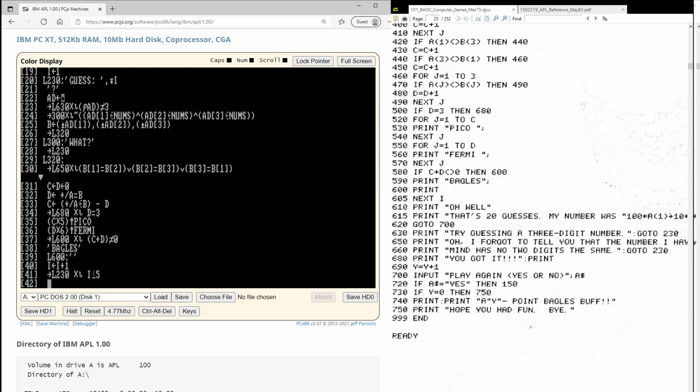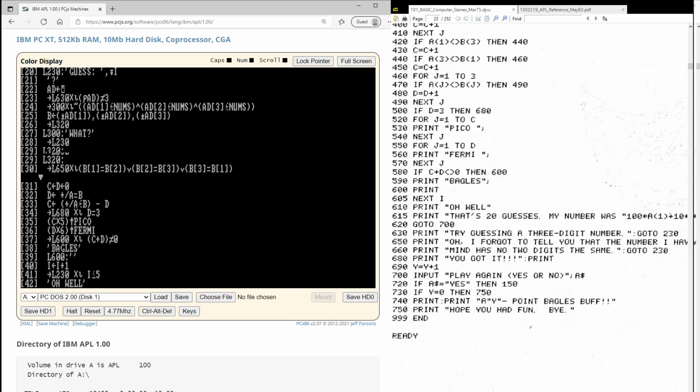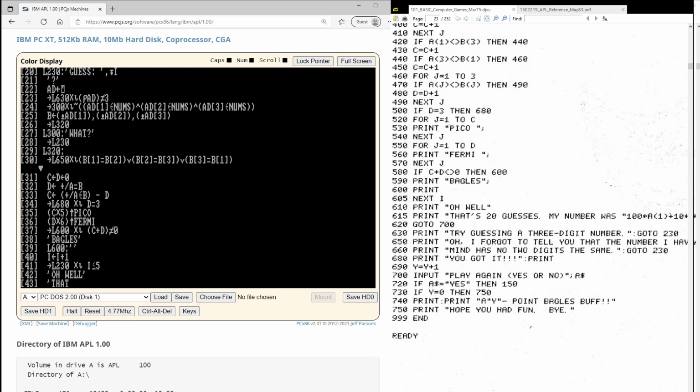Okay. Now the next line is if they've used up all their guesses, we're going to print, oh well, that's 20 guesses, and then we tell them the number. So we'll print, oh well, that's, now to include a quote as part of your character array, we use a single quote twice, so that the single quote will actually print as part of this. So that's 20 guesses. My number was,